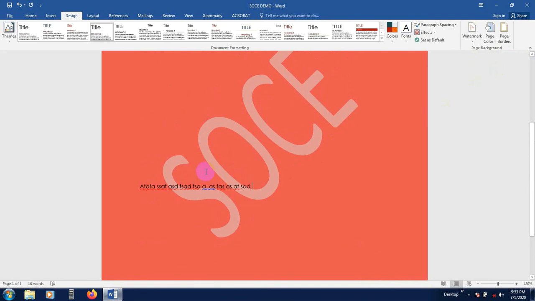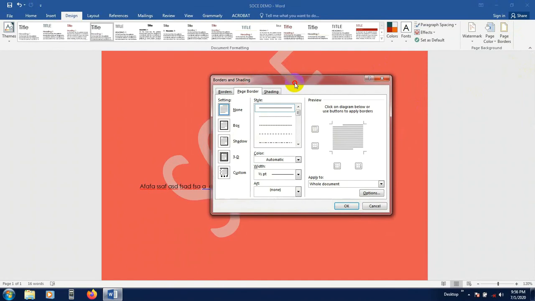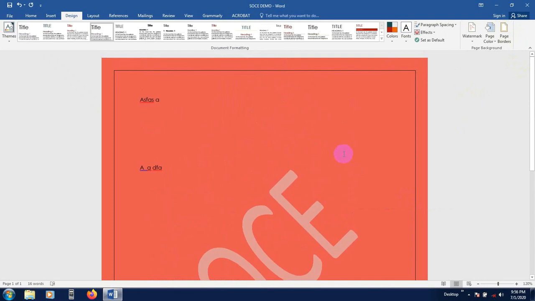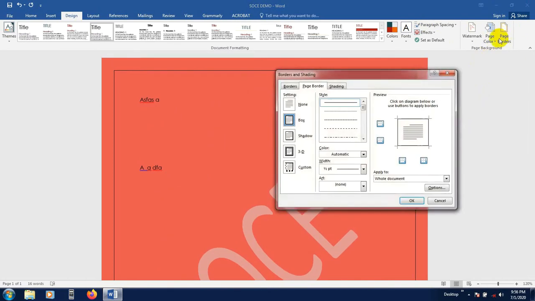After that we'll go for page border. Just click here for page border, and from here you can give the page border according to requirement. If you select that, this is none. If you select this, it is box. Then click here, just see here, here is your page border. Again come here,